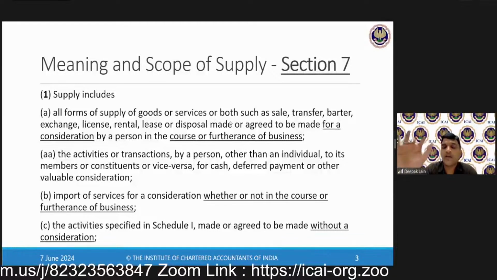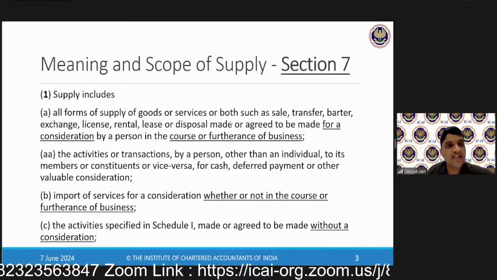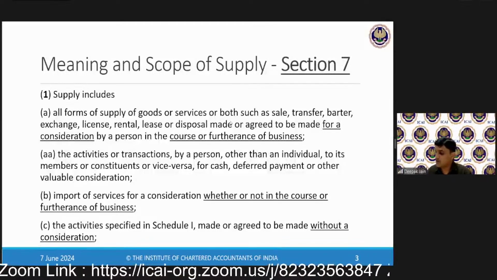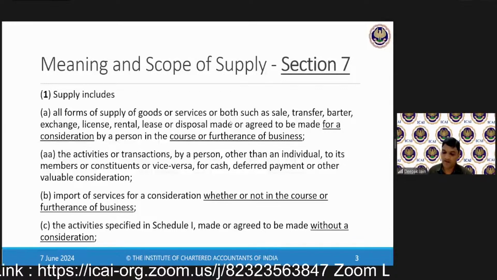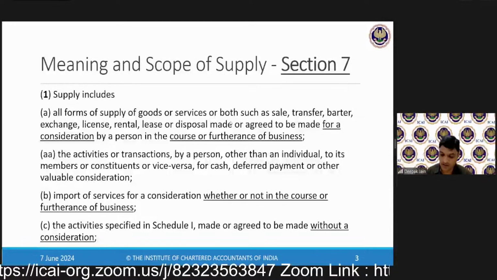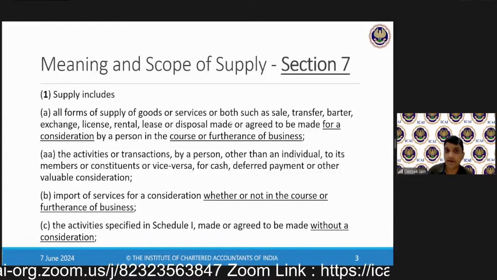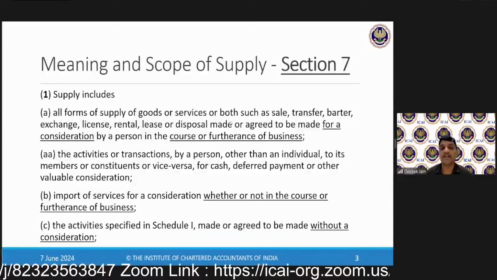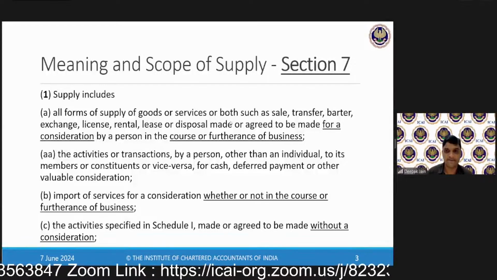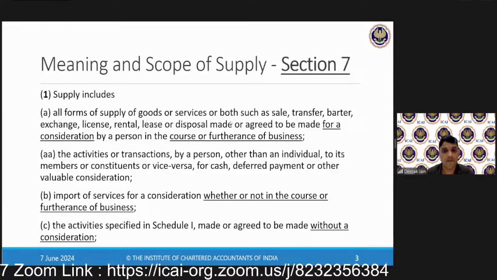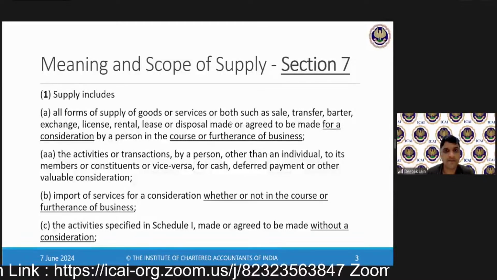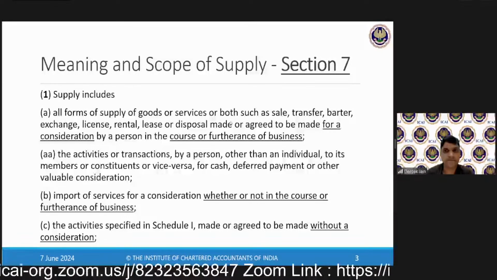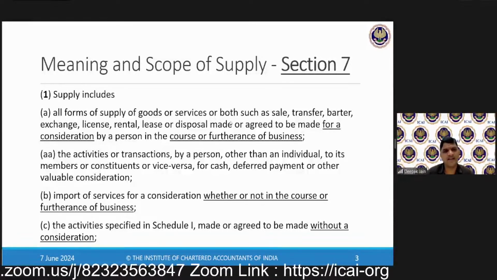You understood my question? My question is the definitions. If you see the GST Act, section 2 talks about definitions. The section 2 heading itself is definition. Then why is supply, the definition of supply, not included in section 2, but included in a separate special section of section 7? Any wild guesses? Why do you think so?